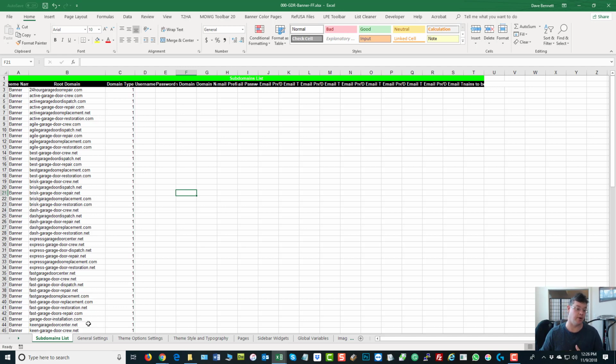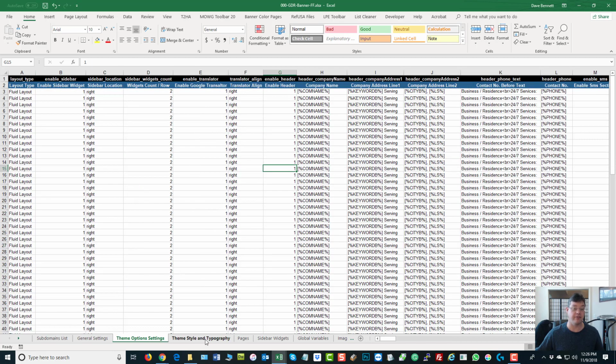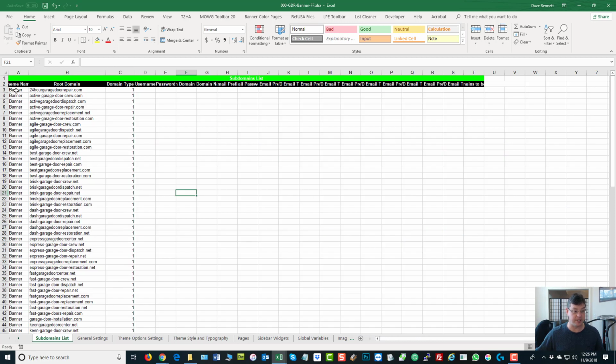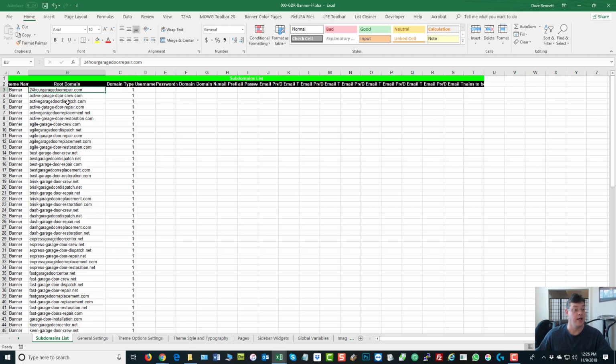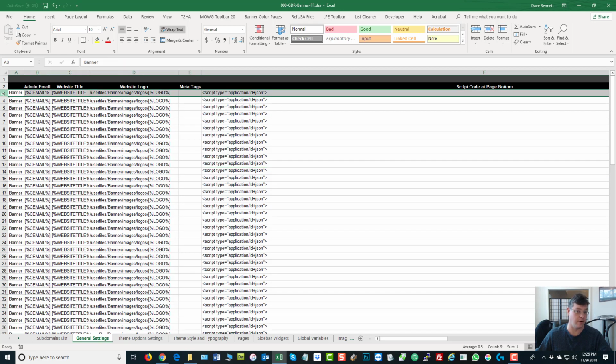when you go into a themed HTML website, you can download the feed file. And the feed file has tabs in Excel. And those tabs cover everything on that website. Now, on a single website, it would be that row. For instance, this row is row 3, and that's for 24hourgaragedoorrepair.com. So that means going across the tabs, everything on row 3 is for